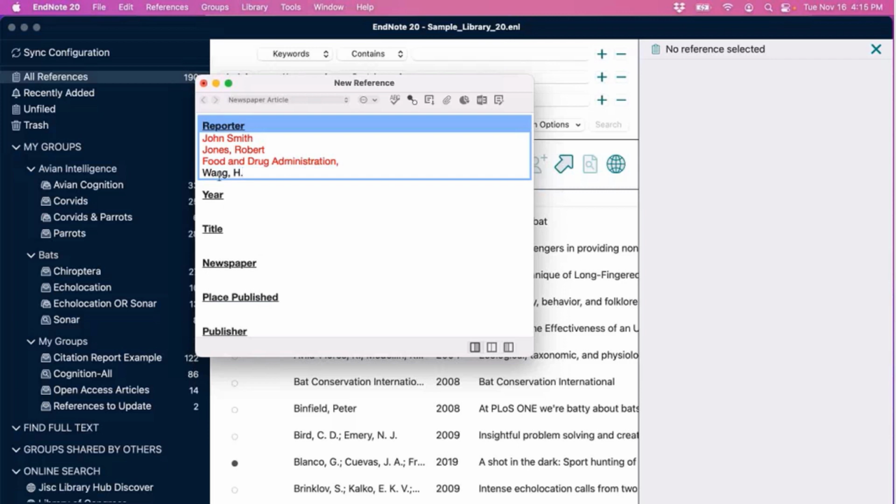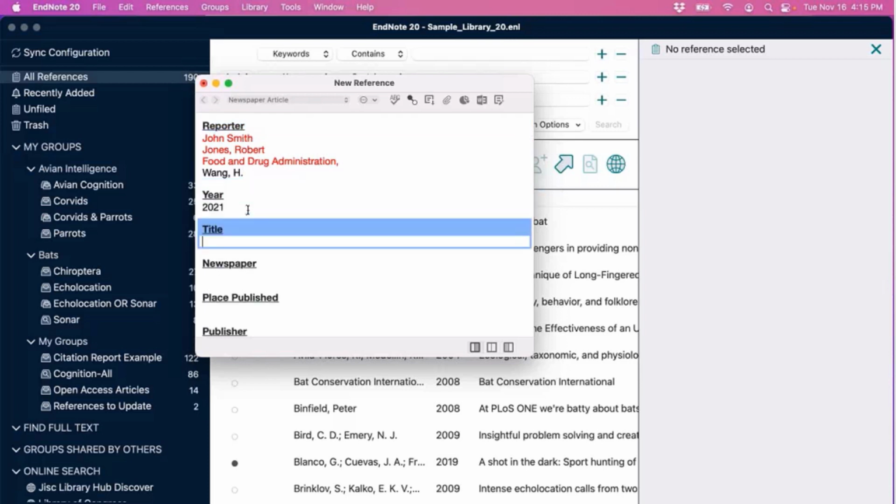So we see here when a term is found in a library, it shows as black text. If it's a new term, it shows in red. Just to recap, red doesn't mean wrong. It just means it's the first time that term is found in this library. If we knew we had another reference from John Smith, that might let us know we have a typo, or we're using an alternate naming convention, which can throw off EndNote's ability to consistently format a reference.